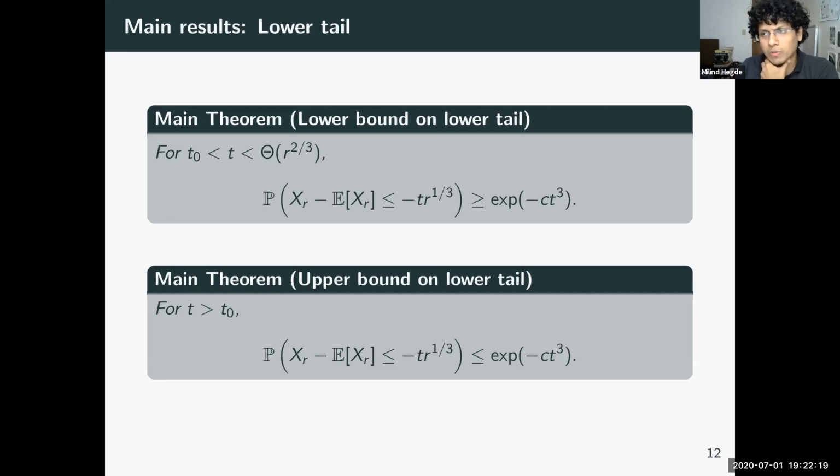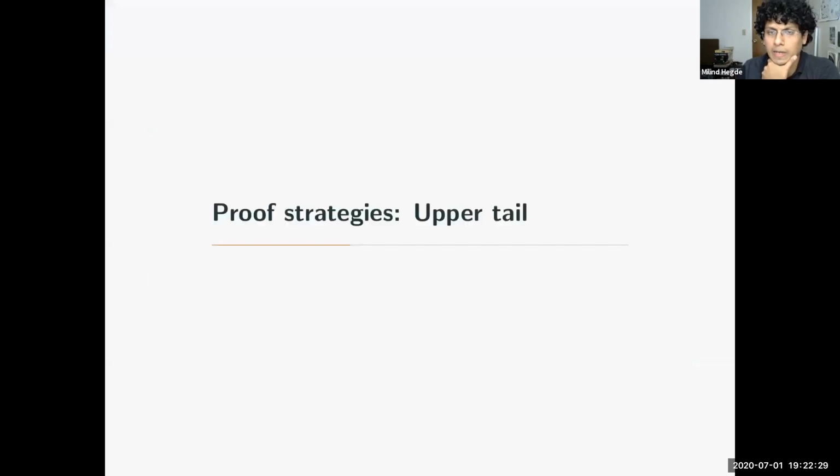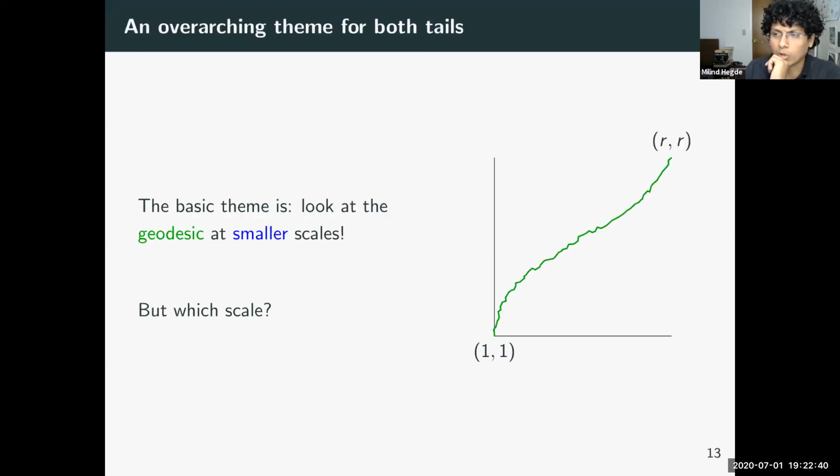Okay. So now I'm going to give you flavors of the proofs for, if possible, all 4 bounds. Depending on time, we may stop early. We'll start with the lower bound on the upper tail. Before we get to that, I'll tell you a basic overarching theme which holds for both tails. The basic theme is we look at the geodesic path at smaller scales. But of course, the question is, which scale do you look at? Interestingly, we use the same scale for all the arguments. Now I'm going to tell you the reason that we picked that particular scale